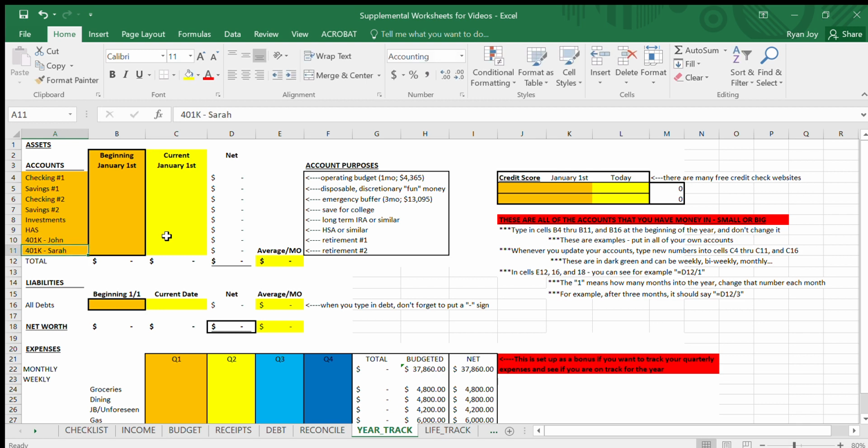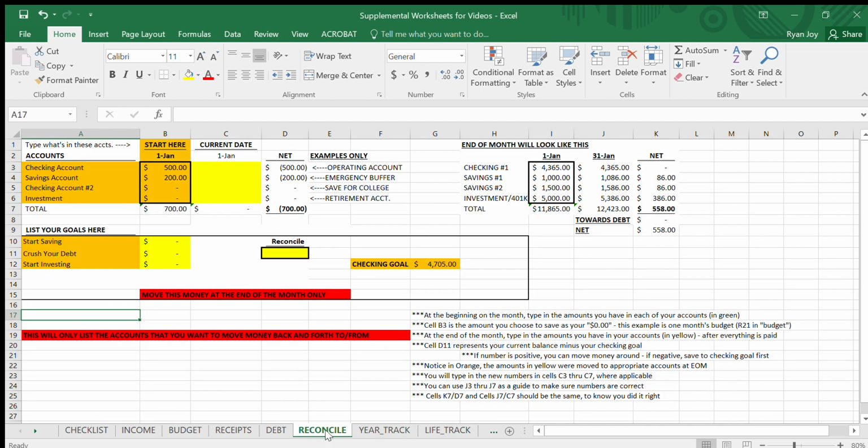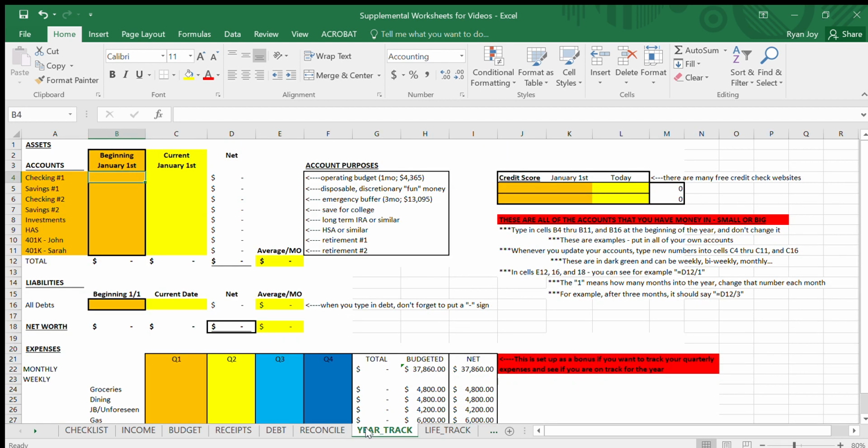But again, once you have these all set up, when you start your year, you're only going to type in the beginning of the year what you have in these accounts, and then you're not going to touch it for the rest of the year. So your first checking account, if you can't remember, you can just look it up, or you already have written it down in the other page. You've got $500 and you have 200 in your first savings account. We haven't set up a second checking account yet, but we have put away a little bit of money for the kids for college that we haven't touched. We've got $3,000. I haven't started up an investment account yet, but we do have a health savings account,